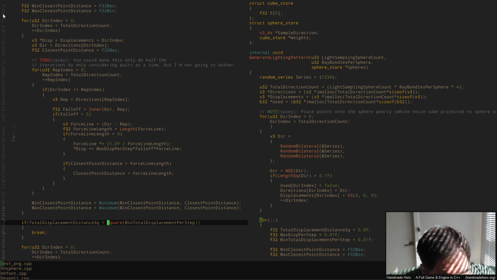And so now what I can do is I can say, let's get to the point where our minimum closest point distance and our maximum closest point distance, excuse me. Do I want to say converge or just not change? That's a tough one. So I guess I want to say